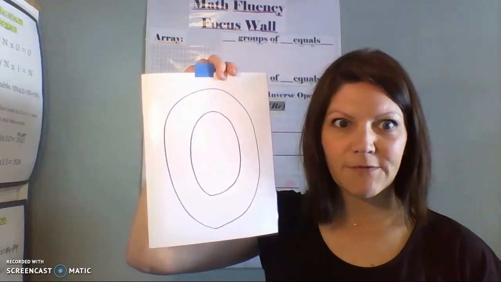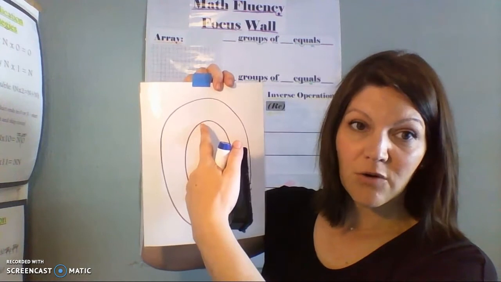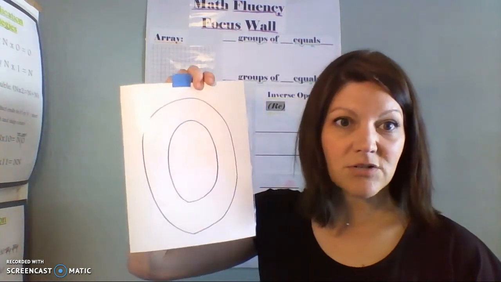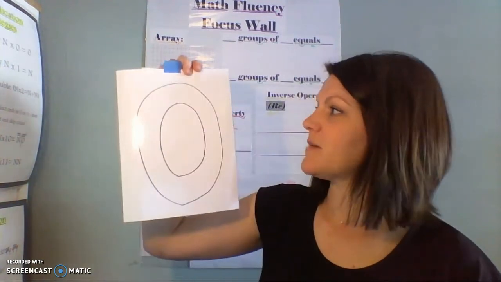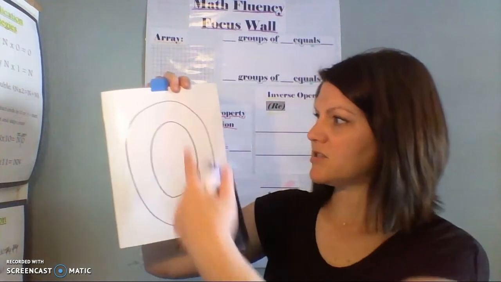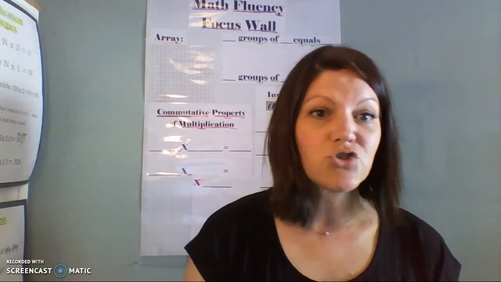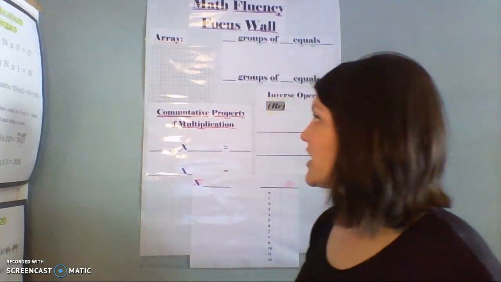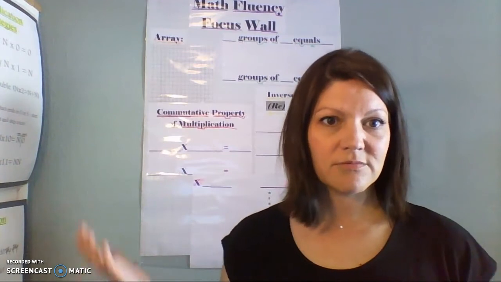But guess what we would have if we filled this out? We'd have 0 times 0 is 0. 0 times 1 is 0. 0 times 2 is 0. 0 times 3 is 0, and so on. So there's really nothing to fill out on this card. So we can just jump straight to our strategy, and our strategy on 0 is any number times 0 equals